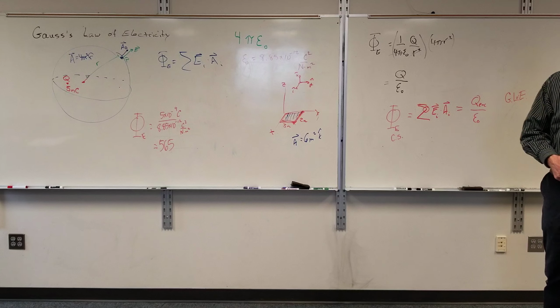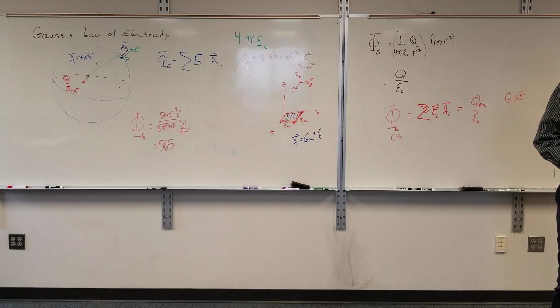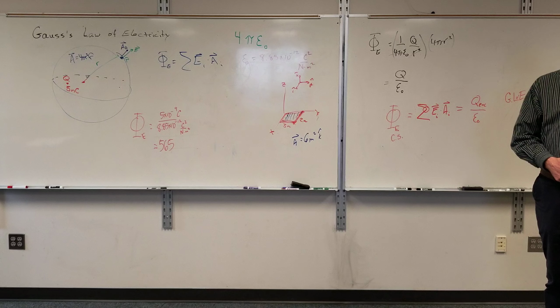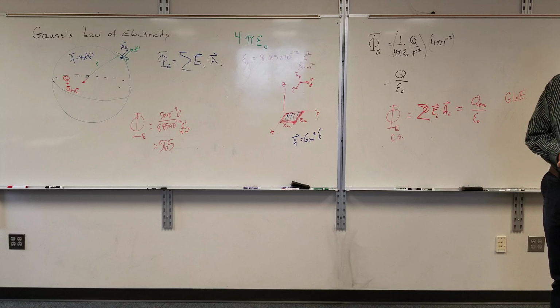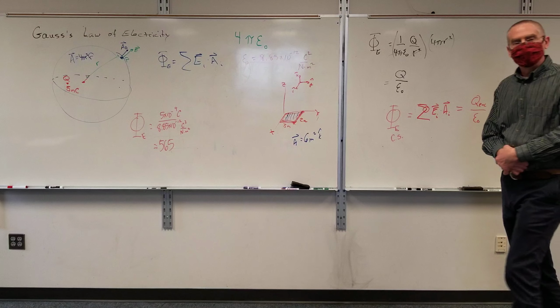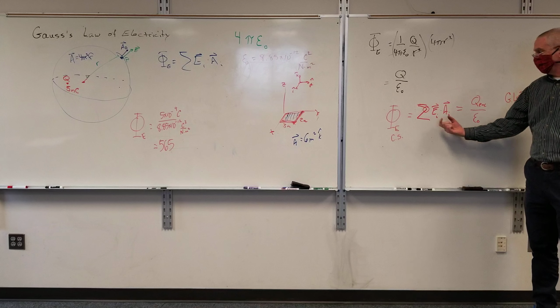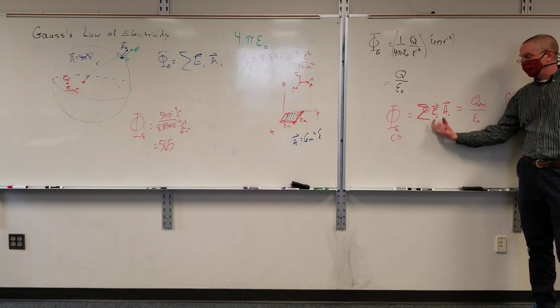Coulombs per Newton meter squared... no. You are, Newton meter squared per coulomb. There we go. It should be the units of electric field times the units of area, so that'd be Newton